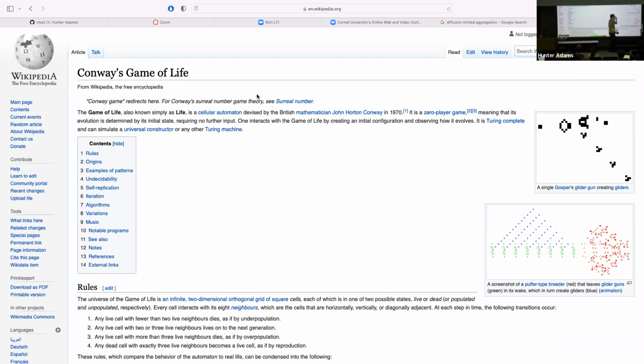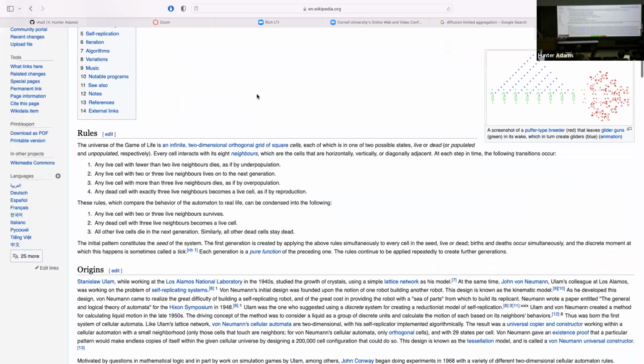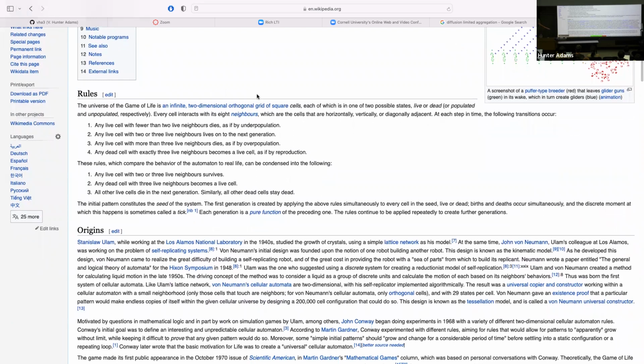And depending on that set of rules, you can generate really, really complicated behavior out of the system. So in Conway's Game of Life, the rules are summarized here. A particular cell can observe its neighbors. That is to say, a cell can see the neighbors to the left and right, up and down, and on the diagonals. So it looks at the state of those neighbors.